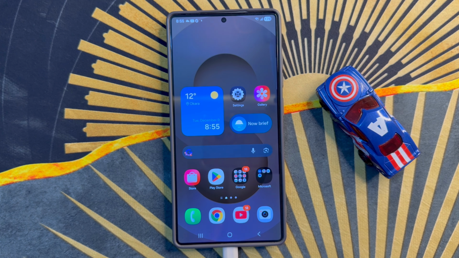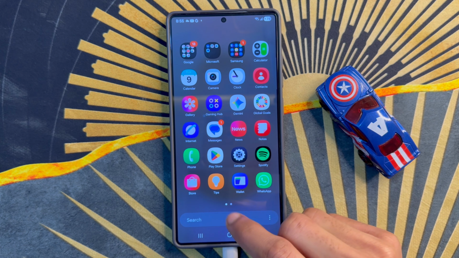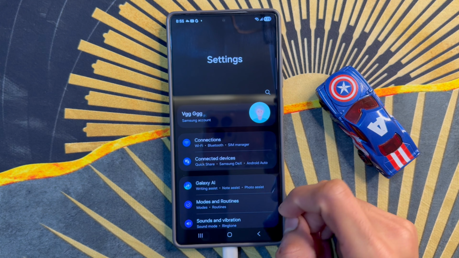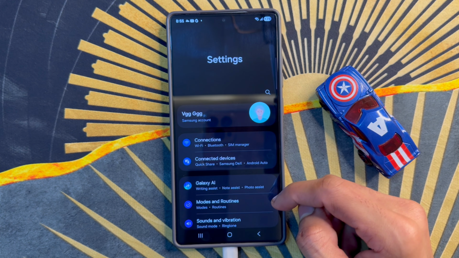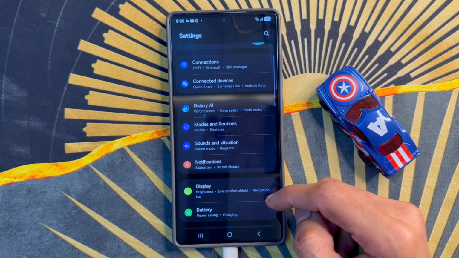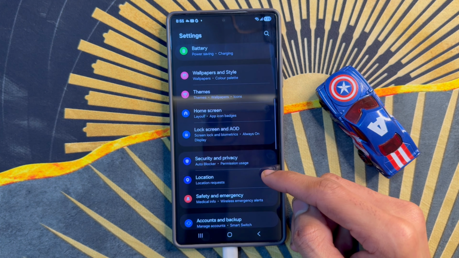First of all, go to App Library. Now here, click on the Settings app. Now in Settings, scroll down and click on